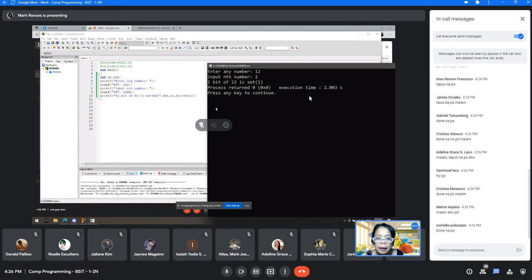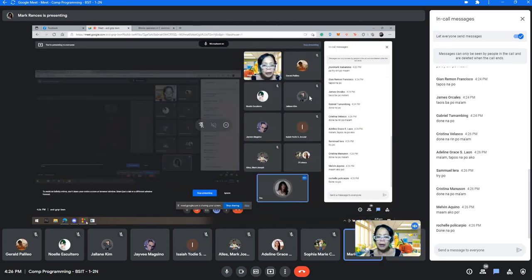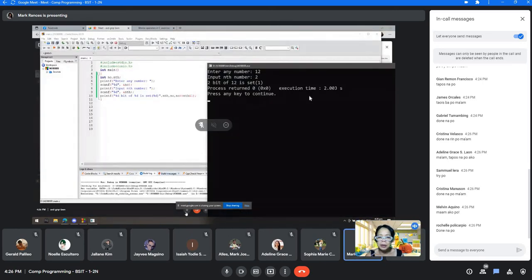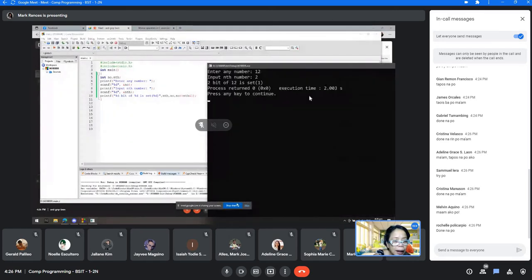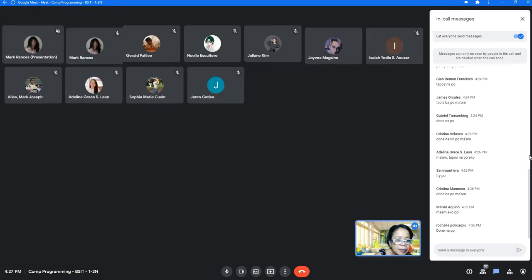Mark, teka muna. Ano bang nangyari? Nag-code ka ba ng 12? Yes po, ma'am. Nag-input po. Nag-input ka ng 12. Okay. So, naalam na. Sige. Okay na yan. Next, si